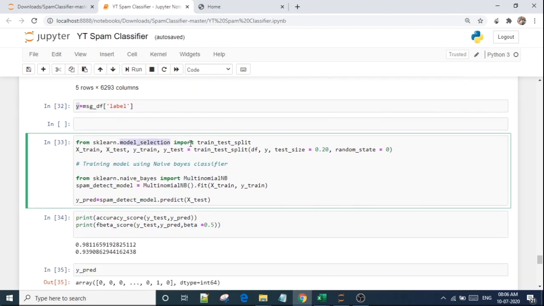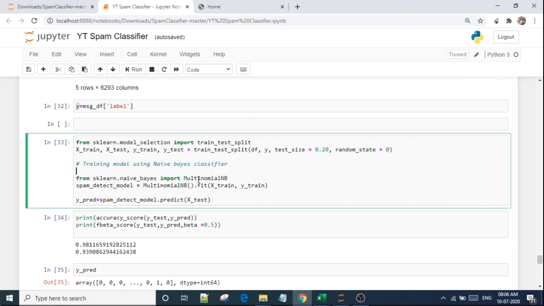So first I will split the train and test data. I am using an 80-20 ratio: 80 would be train data and 20 would be test data. I am using random state 0, so that accuracy won't change if I run this program on another machine. So here I have created x train, x test, y train, y test. This would be my train data and this would be my test data.